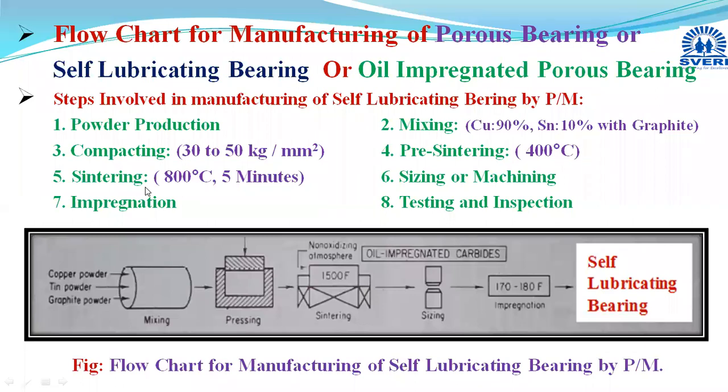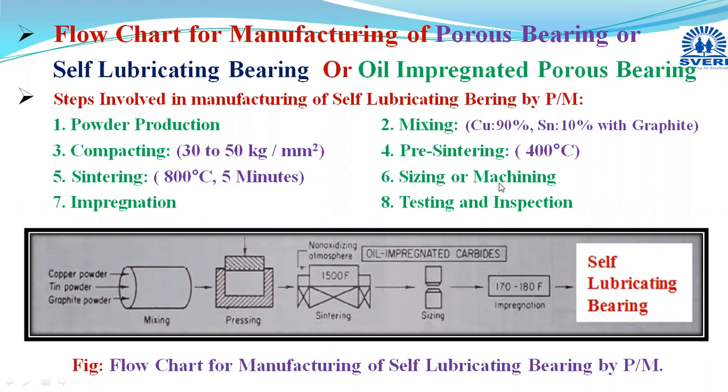Then due to this diffusion, a decrease in size will occur and porosity is also decreased, and densification of the component will take place. Recrystallization and grain growth will occur, and we will get increased strength and hardness in that component, along with improved density. Then this sintered component is taken and given to the next stage, that is the sizing or machining